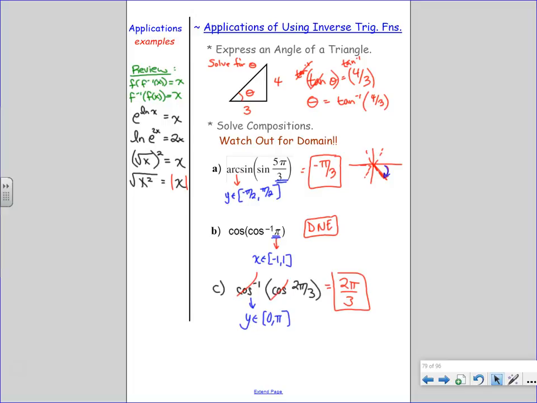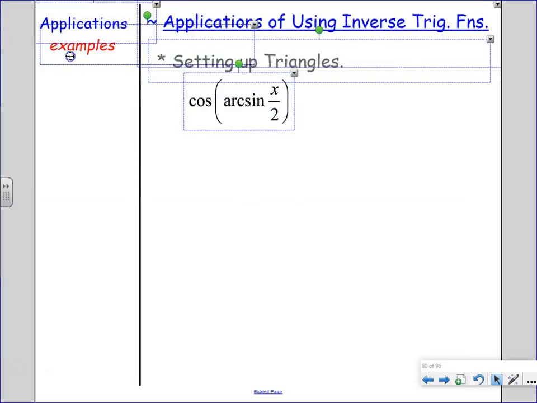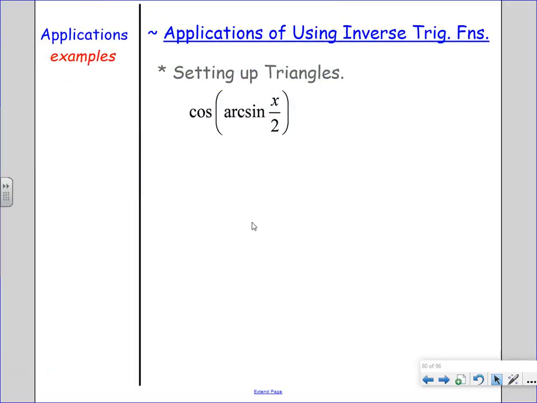Application 1, how to solve for an angle from a triangle. Use the inverse to go backwards from a ratio. Application number 2, how to simplify crazy compositions of inverses with originals. Sometimes they're possible and sometimes they're not. Usually they're possible, but every now and then they get a little tricky. Last application, then a calculator trick. And to be honest, we could save the calculator trick till tomorrow because the quiz doesn't have the calculator on it. So the calculator trick is more for the final,